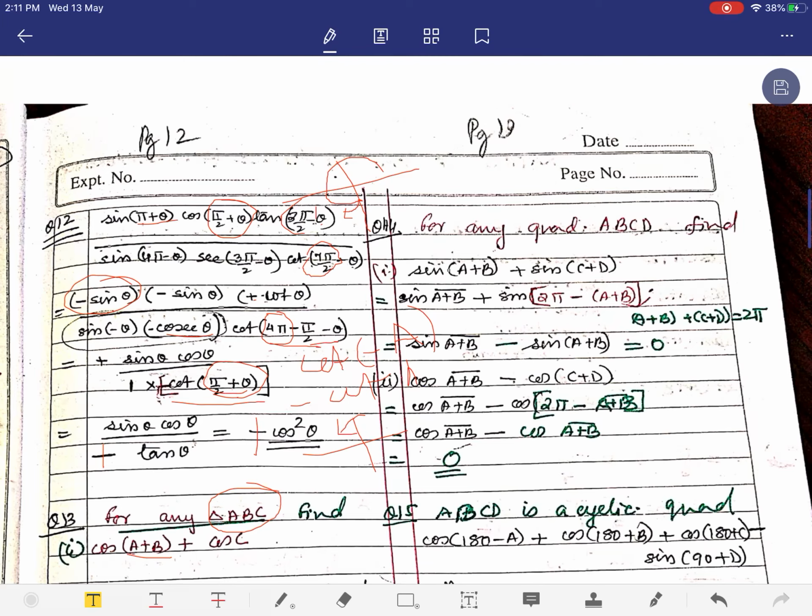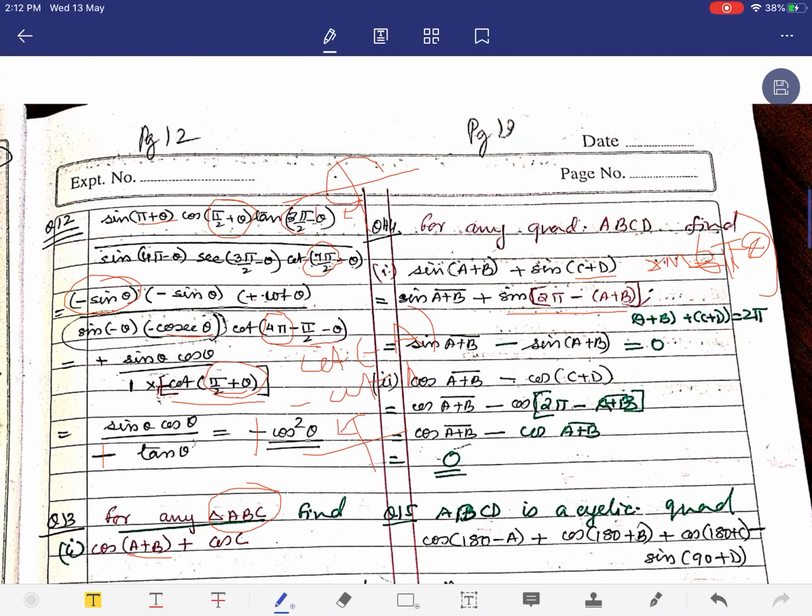Next, another question of this kind, for any quadrilateral ABCD, sine of A plus B and sine C plus D is what? That is, you have to find the value of this. So, again we can rewrite, because quadrilateral ABCD says A plus B plus C plus D is 2 pi. So, I have replaced C plus D as 2 pi minus. Now, just listen carefully to the way I read. I always read an expression. You also try to read the expression in terms of the formula that we have. The formula that we have is sine of 2 pi minus theta.